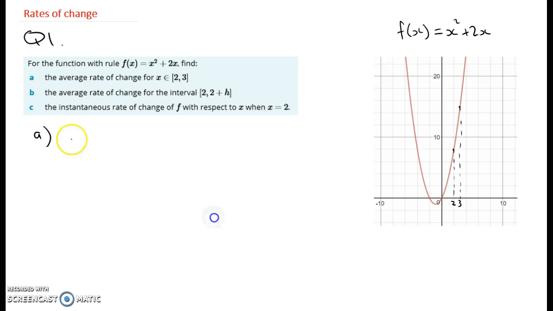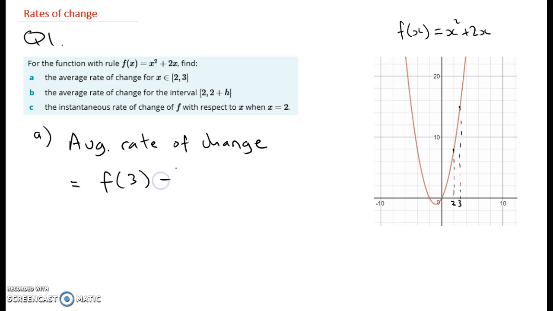So with part A, we'll get the average rate of change equals the change in y will be the value of the function at x equals 3 minus the value of the function at x equals 2. And the change in x will just be 3 minus 2. Now if we work through that,